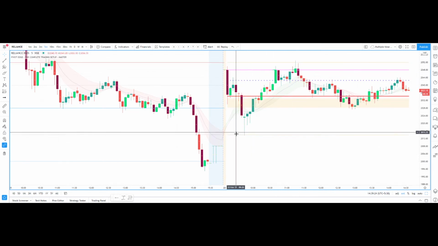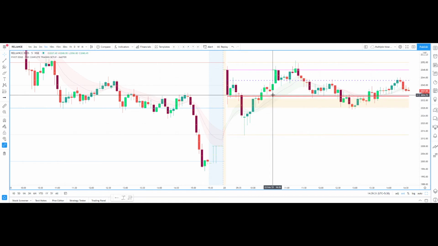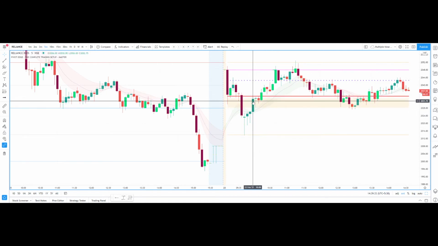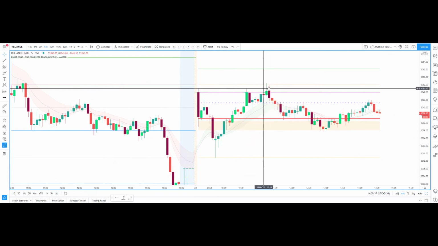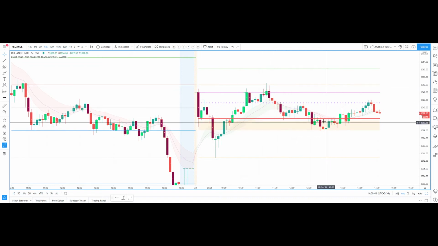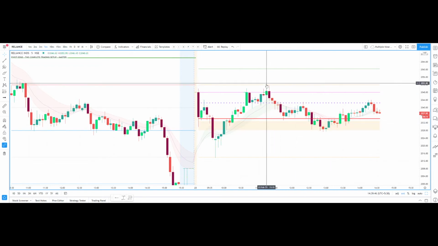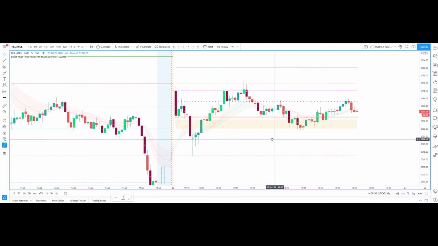Whenever the stock comes to the value area low, the buyers will try to enter here and they will think the fair value is this value area. So up to that they will try to push. Whenever it enters the value area high, the sellers will enter here. They will think, okay, now the stock is overvalued. It has to go back to its fair value. So they will short here to book profits up to this value area. So this is how it works.